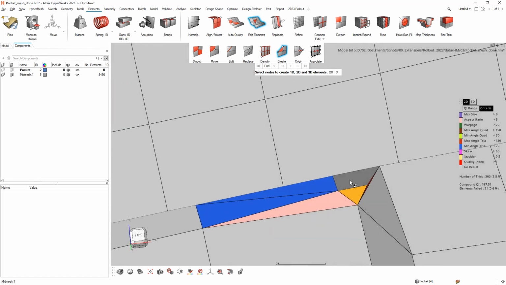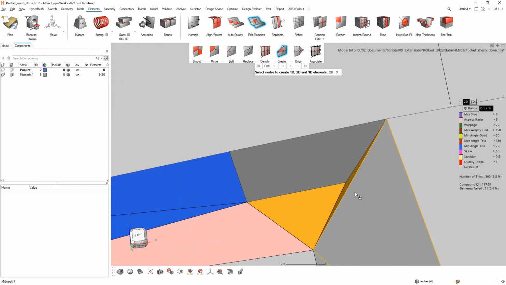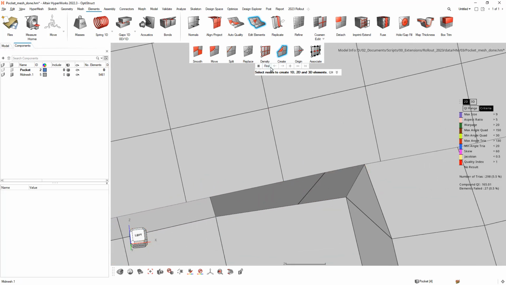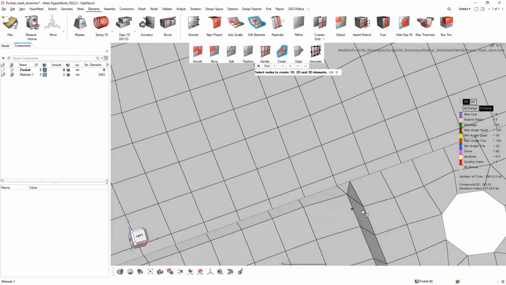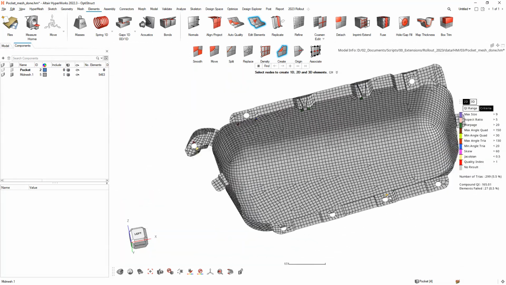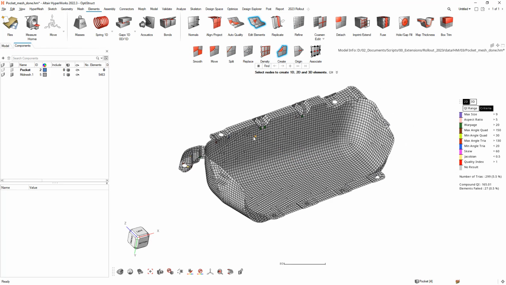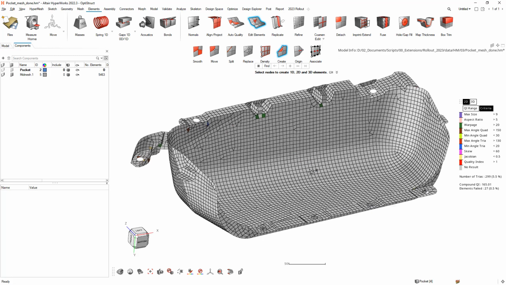And I will remove these. And then use the create element just to add back in the elements that I want. So using the Edit Elements tool, we can manually generate and repair areas of the model that need to be